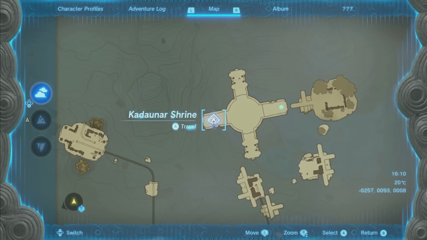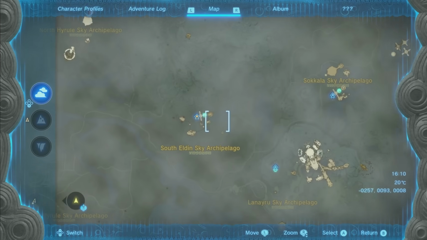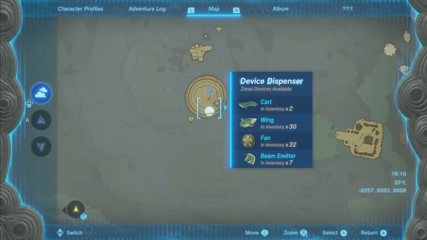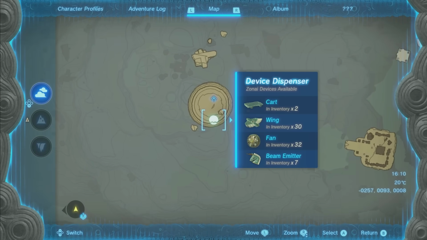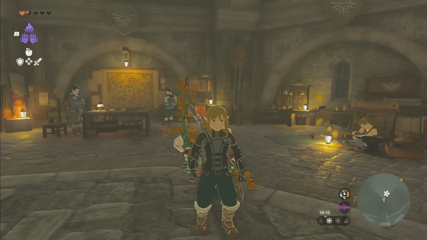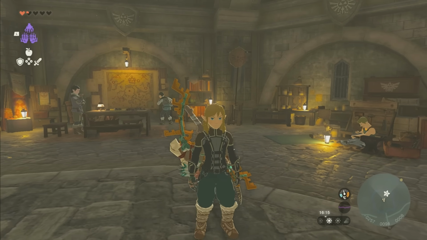These often will be a shrine with a device dispenser next to it, but they're not all like that. There's one here where they're both inside of a giant sphere in the sky, and you'll find these device dispensers, and then you'll know you can go there and spend Zonai charges in order to get whatever parts you want, and that's how you can get things built the first time, and then with auto build you can use Zeonite